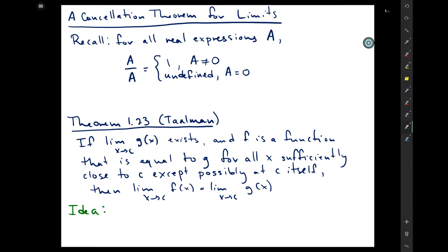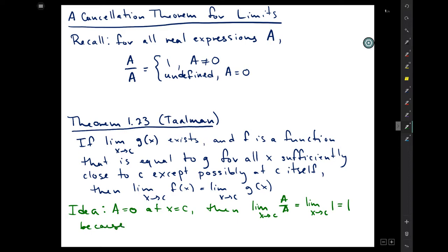So if we have that a is equal to 0 at x equals c, then the limit as x goes to c of a over a is the same as the limit as x goes to c of 1, and any limit of a constant function is just equal to that constant, so you get that the limit is equal to 1